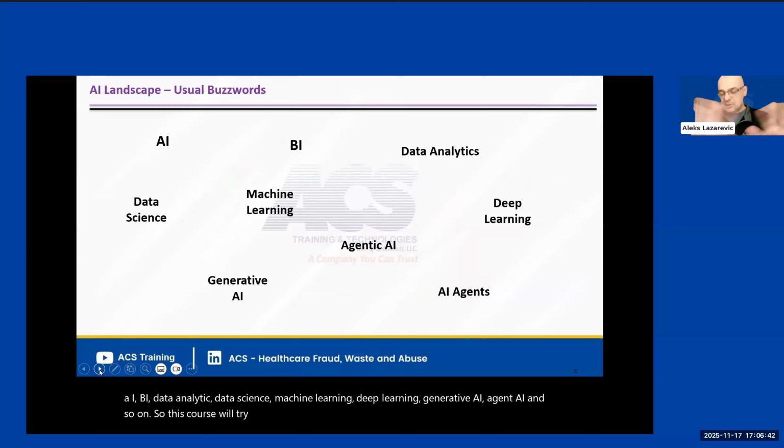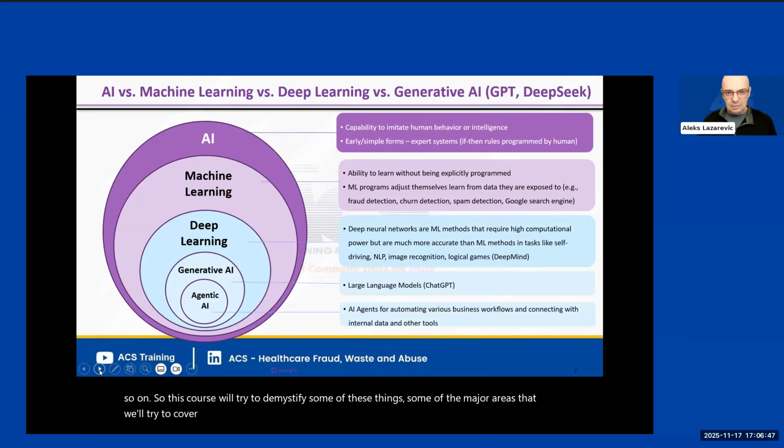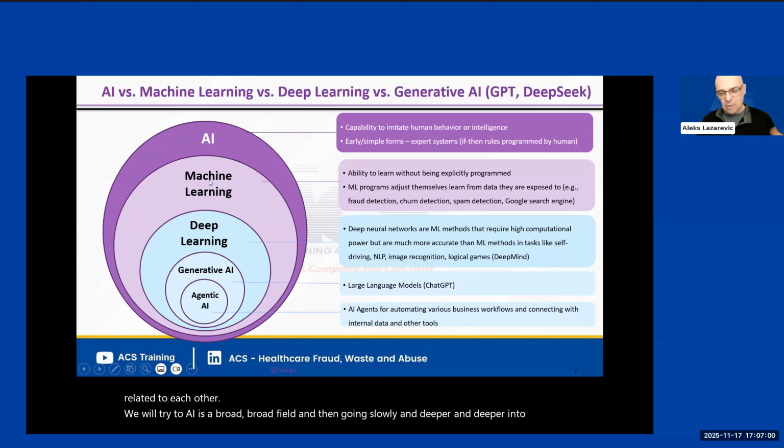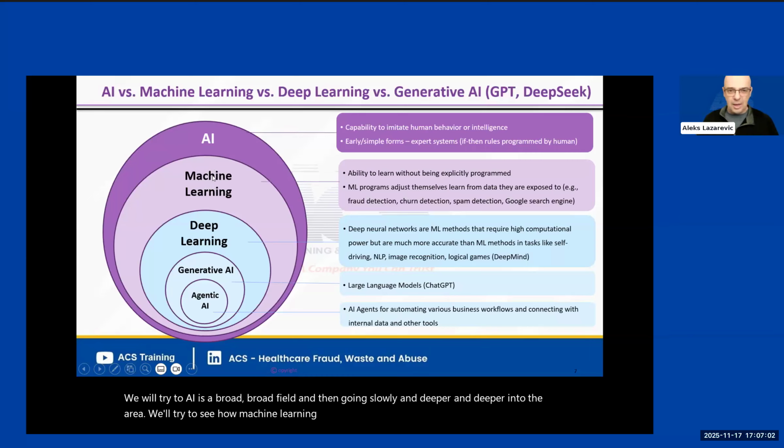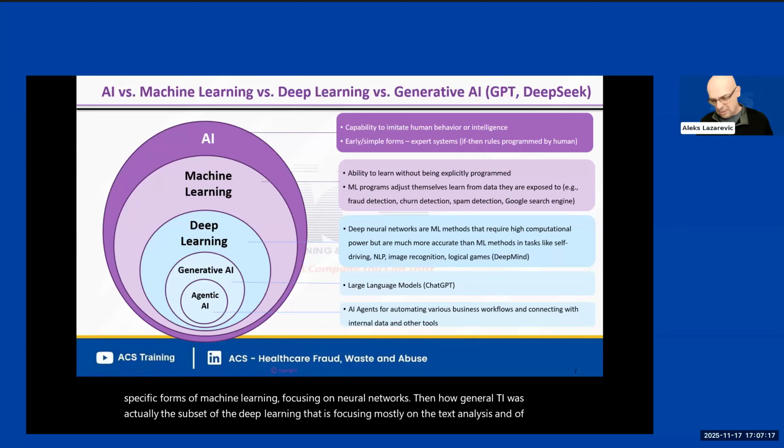Some of the major areas that we try to cover: how AI, machine learning, deep learning, generative AI, and agentic AI are related to each other. We will look at AI as a broad field, and then going slowly deeper, we'll see how machine learning occurs from AI, how deep learning is the outcome of specific forms of machine learning focusing on neural networks, then how generative AI is a subset of deep learning that is focusing mostly on text analysis, and of course, agentic AI as a subset of generative AI that is focusing mostly